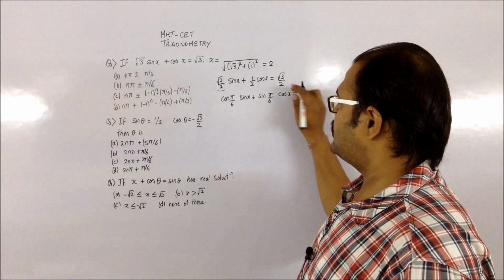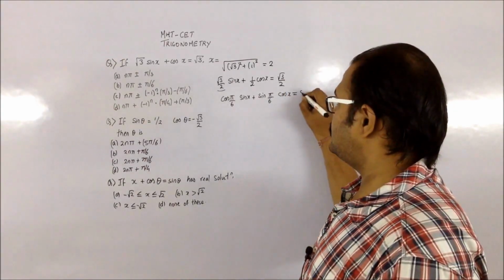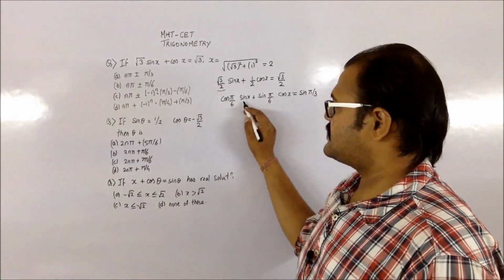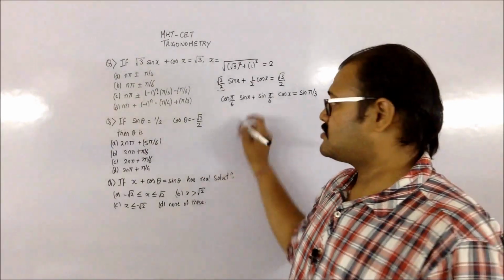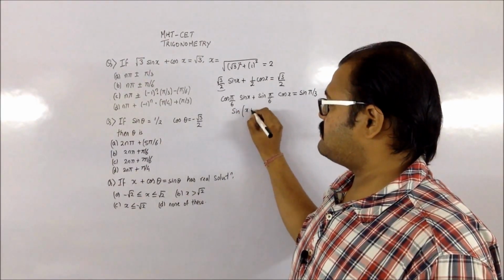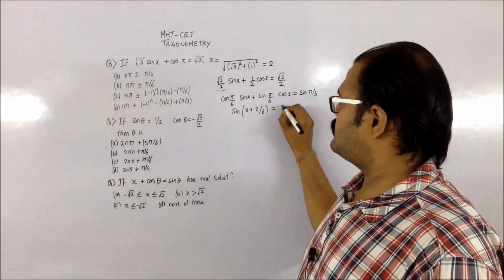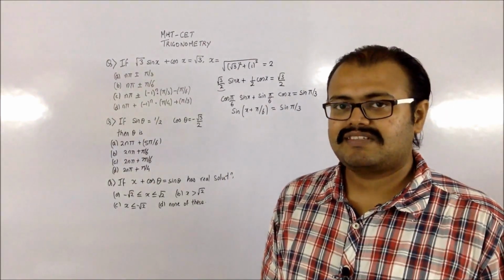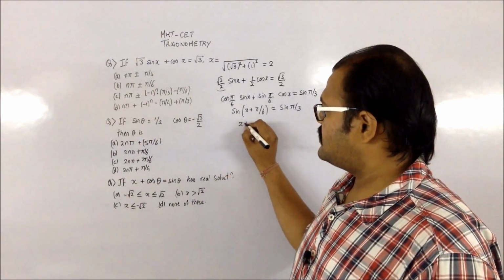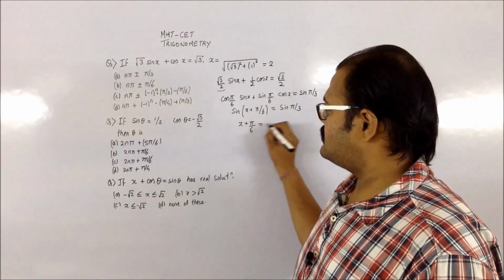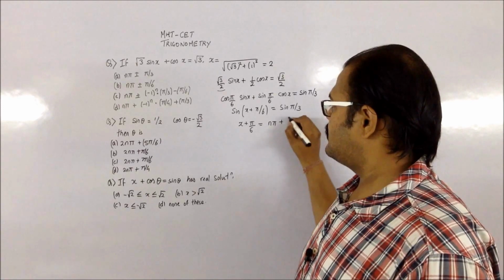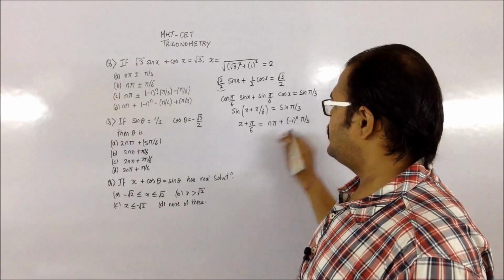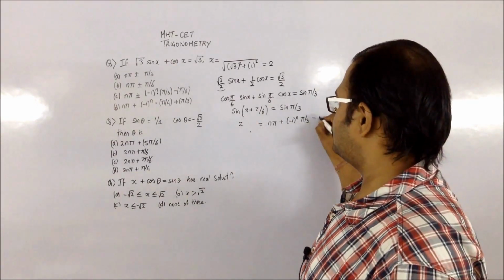This value I require it to be a sine term, so that's going to be a sine of pi by 3. So this form you can see that it is sine A plus B form. So you will be having this value as sine of x plus pi by 6 is equal to sine pi by 3. So this is going to be the form of sine theta equals sine alpha, which gives you the general equation as theta equals n pi plus minus 1 raised to n of alpha, so that's going to be pi by 3. You can take the pi by 6 on that side, so that's minus pi by 6.